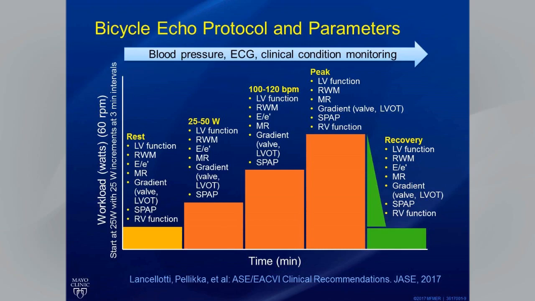Now, you can use longer stages, whatever your lab decides to use, but a standard protocol is a good idea to have so that you can make serial comparisons between patients and for the same patient. It's good to obtain your measurements at the different stages of exercise because an increase in systolic pulmonary artery pressure that occurs at a very low level of exercise certainly has a different connotation than one that occurs at a very high level of exercise. So the rate of change of these parameters is also important.